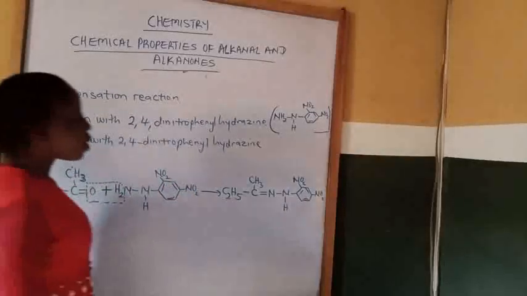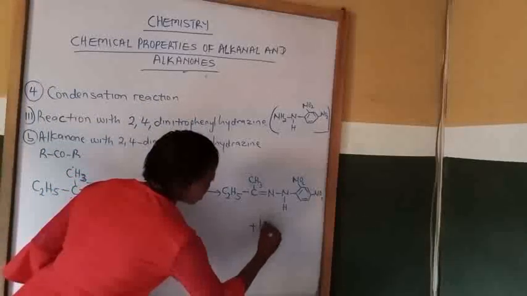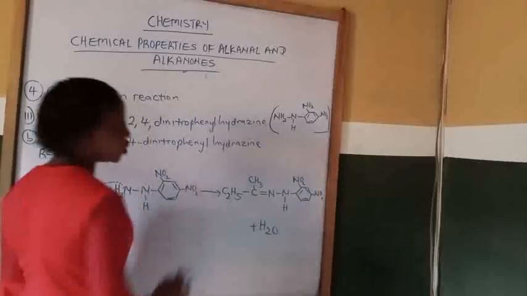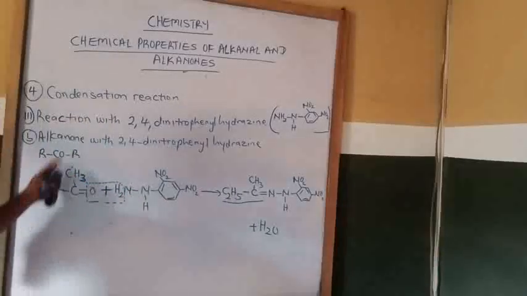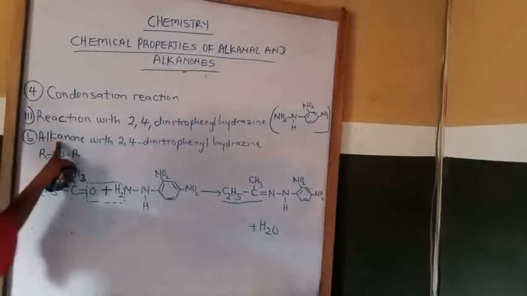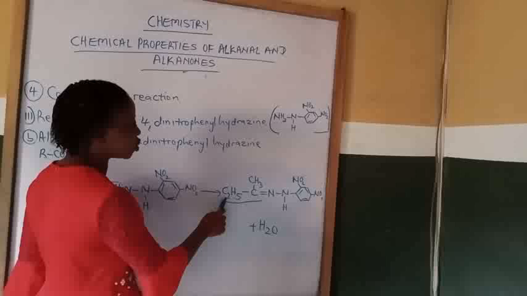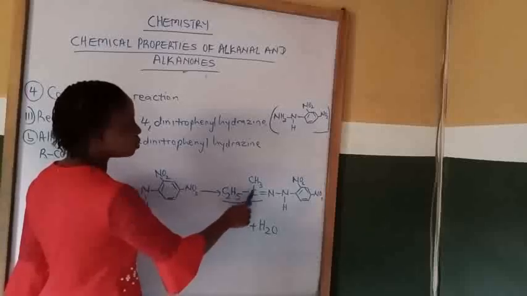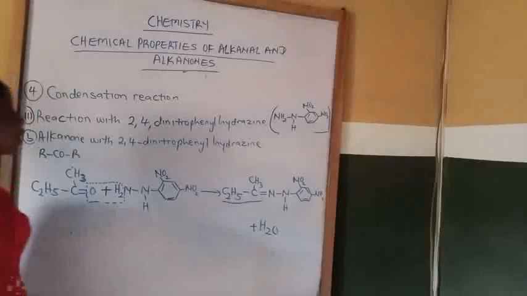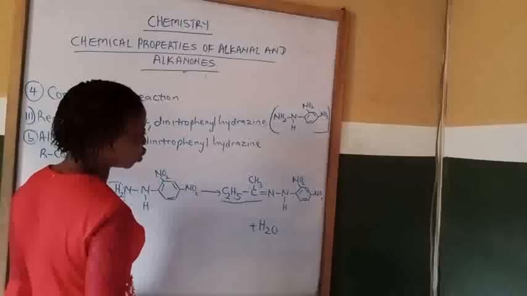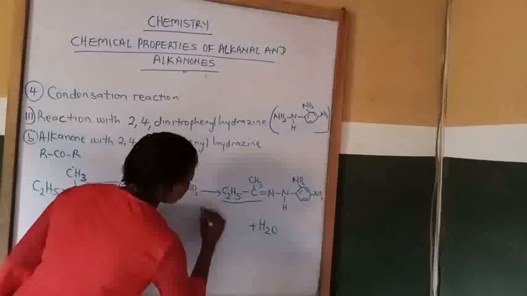So let's name our product, plus water molecule, plus H2O. So what is the name of this product? The first part of the product is from an alkanone. What is the name for an alkanone with 4 carbon atoms? Because we have 2 here, plus 1, that is 3. So what is the name of the fourth member of alkanone? We call it butanone. So therefore, the name of this product will be butanone